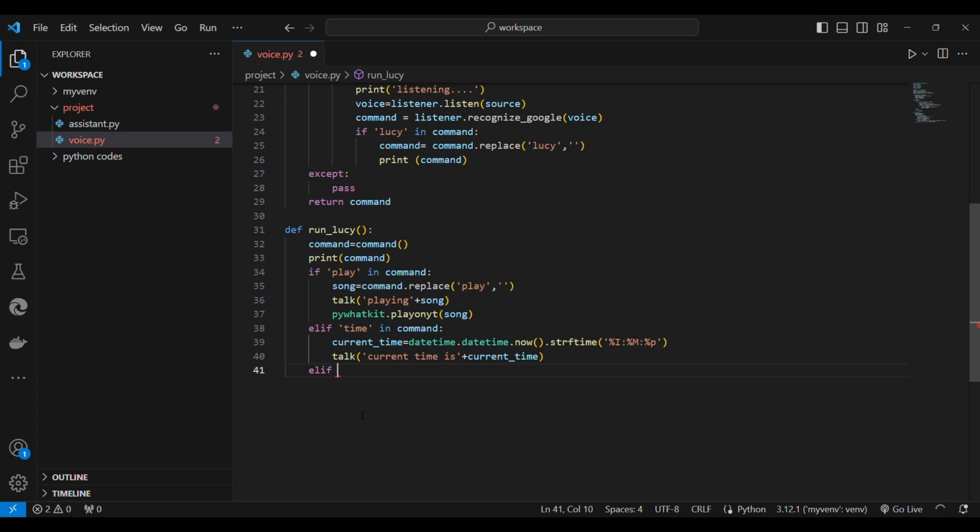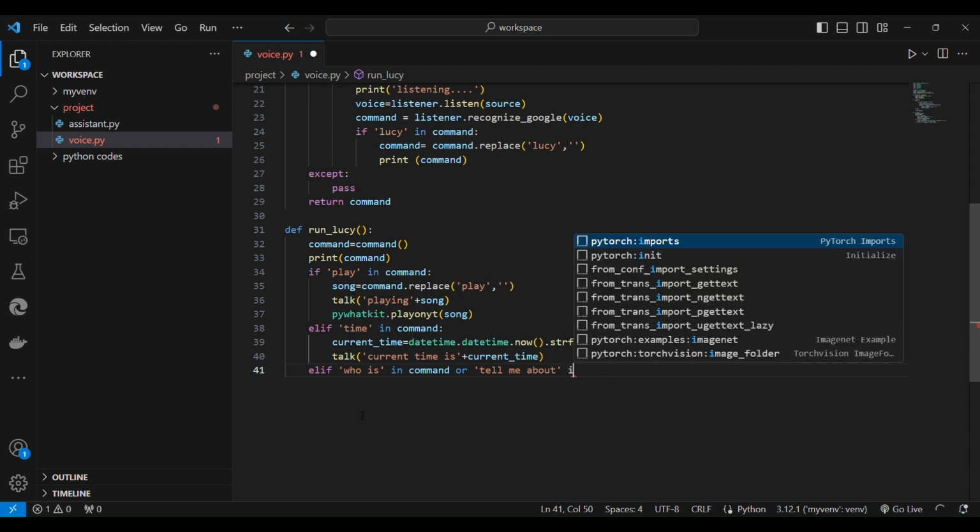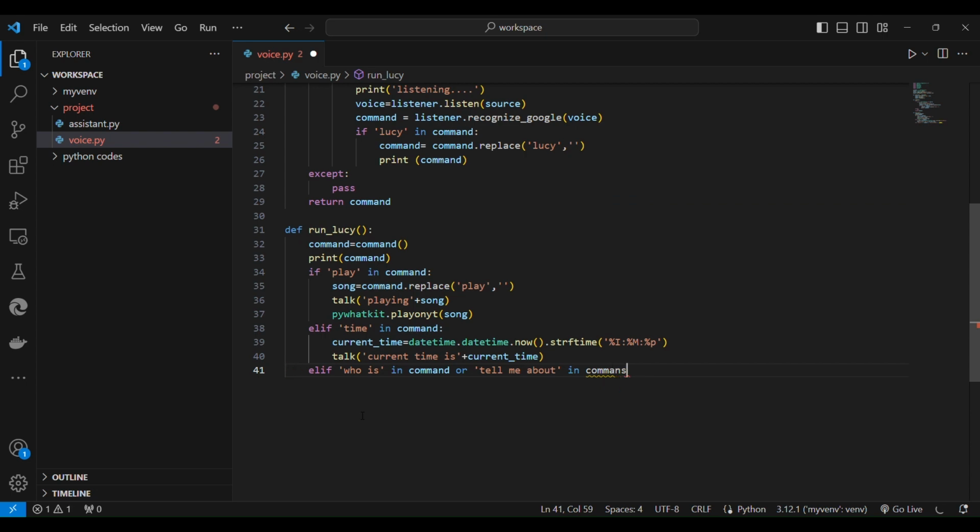So if it finds "who is" in our command, or "tell me about", all these queries, if it finds them in command, then